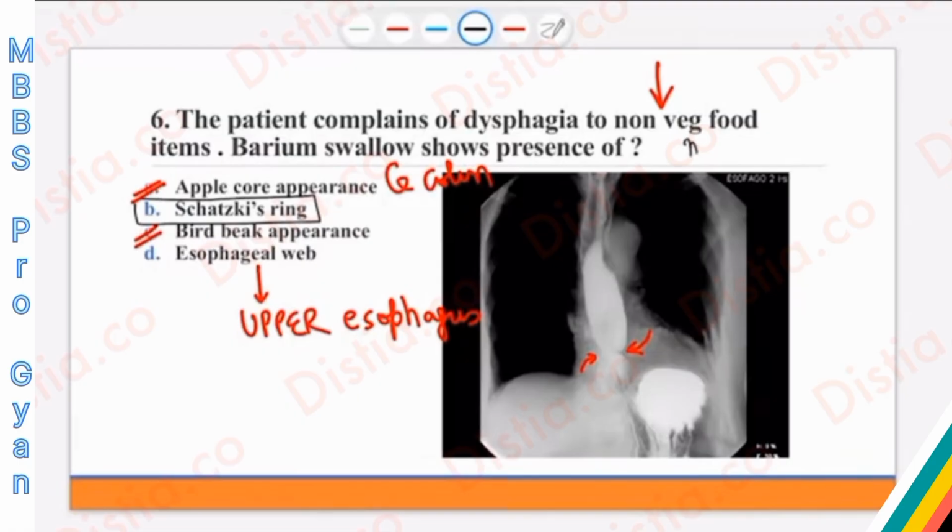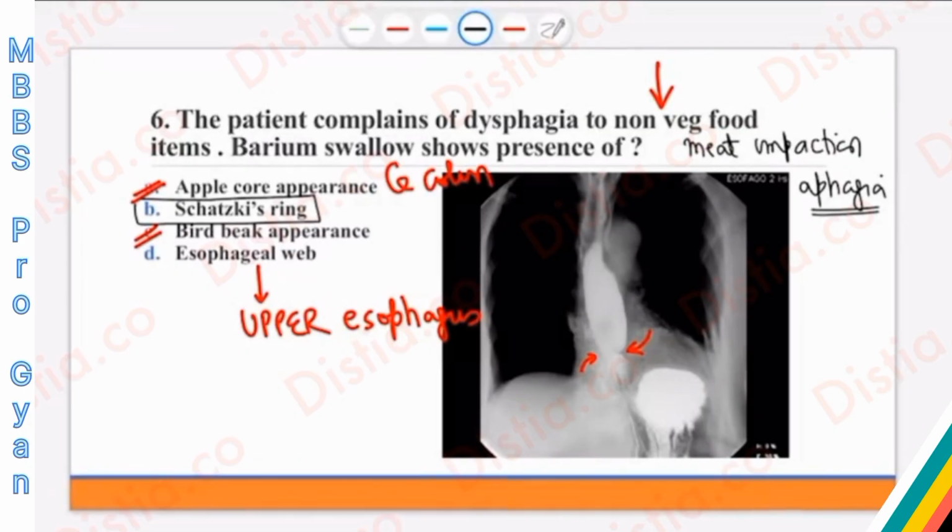People with Schatzki's ring can even develop a meat impaction. If you go through the diseases of the esophagus, I have highlighted this fact that these people can even end up with aphasia, and there's even a distinct possibility of perforation of the esophagus. I'm not going to call that Boerhaave syndrome, because Boerhaave is related to vomiting or instrumentation. There's a definitive possibility of the meat getting stuck and then a perforation of the esophagus occurring, causing chemical mediastinitis in this condition as well.